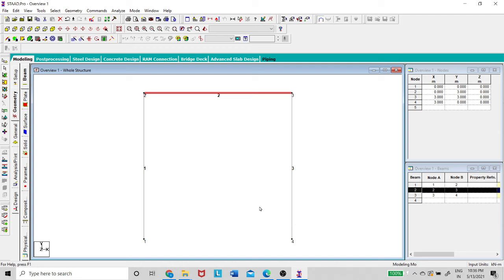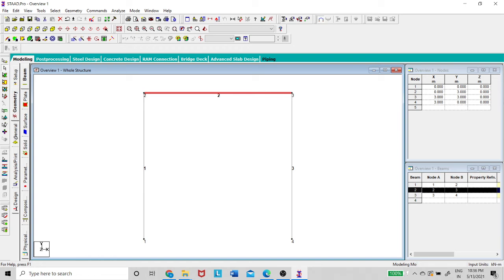Suppose any plates are there, you can see in the same way how the plates are connected. First we will see the beams only. Once we have checked the numbering and all for the beams, this is only for your understanding purpose.